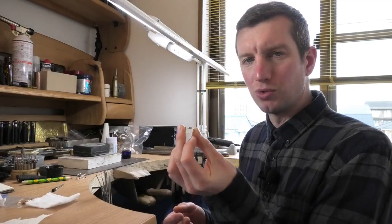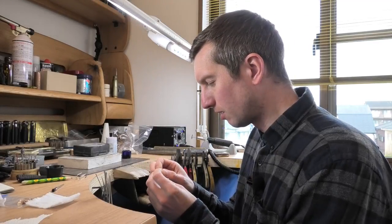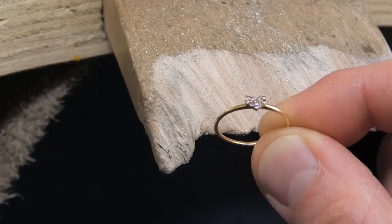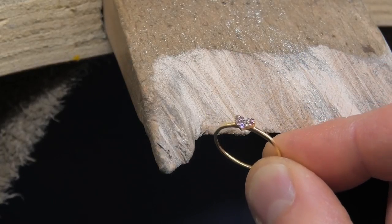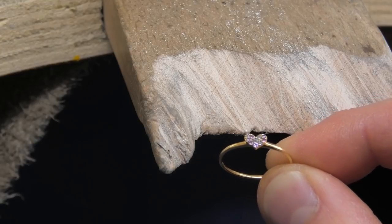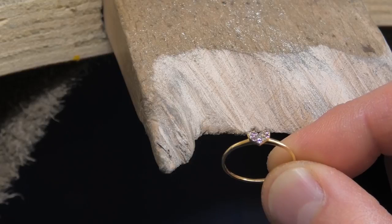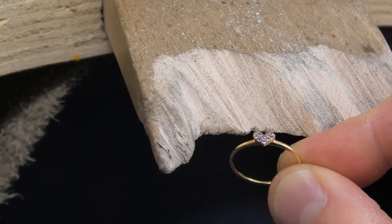I've just got these sweet little heart rings, little clusters. There's aquas in there, amethysts, and one's tanzanite. So I can't get any of those stones hot. The band is very fine, so I could solder it without the stones getting too hot, but just to be safe, I'm going to cover them up, and it's an opportunity to make a video as well to show you how I do it. I've got two techniques. This one is like stage one, where I'm quite confident they're not going to get too hot, but there's also a stage two where you've got to be really